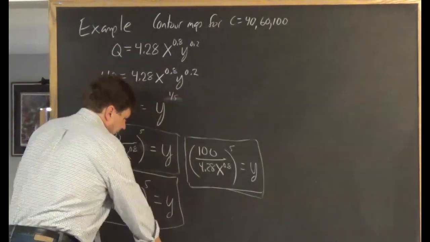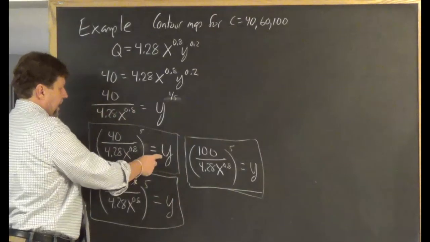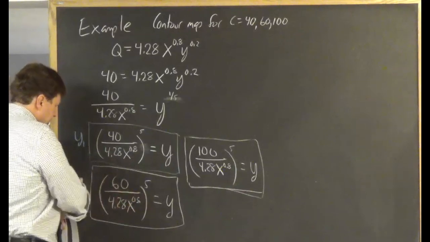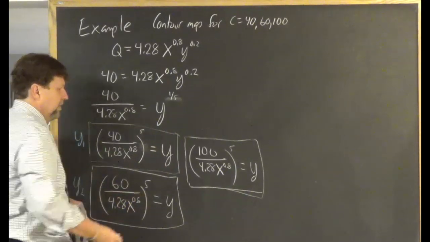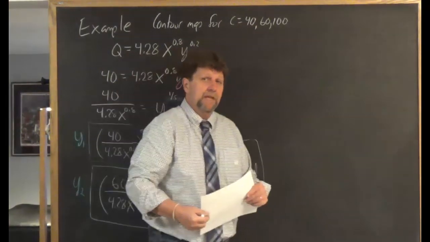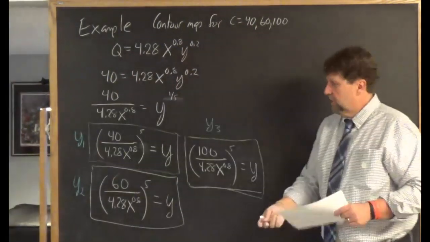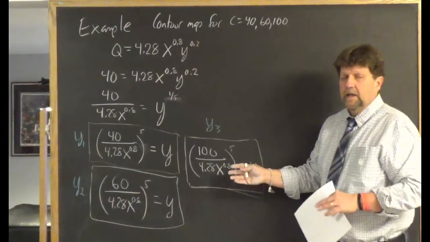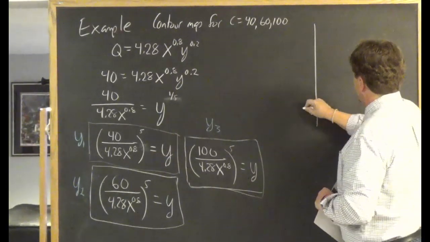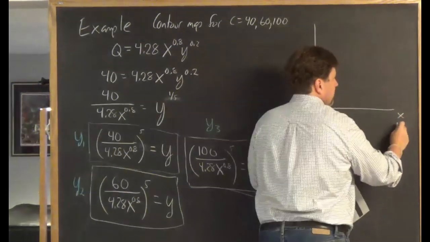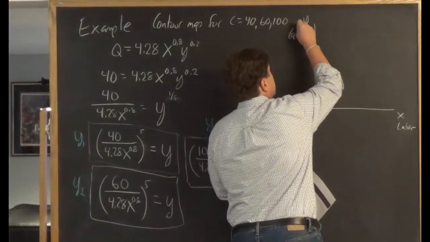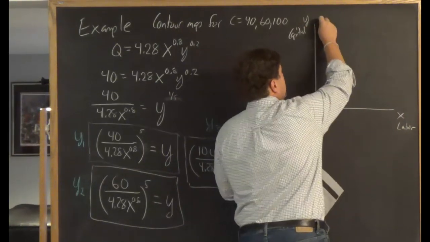So in my calculator, I would make this y1, I put that one into y2, and I put this one into y3, so I can graph all three of them at the same time. I've already shown you how to use the calculator to graph one of these. You know how you have to enter it into the calculator. If you do it correctly, remember you have to say X represents labor, Y represents capital. You will see